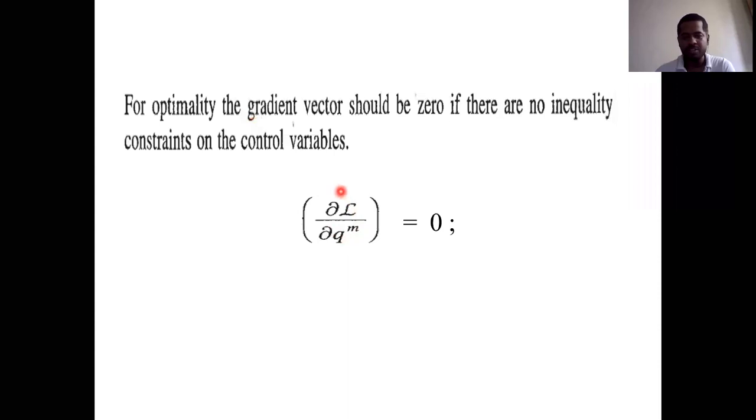So this is nothing but a first order derivative with respect to the control variable. What is the control variable here? Q. That is nothing but discharge. So we do the partial differentiation with respect to the control variable and make it equal to 0. Then automatically we will get the final solution. This is nothing but the final solution for this algorithm.